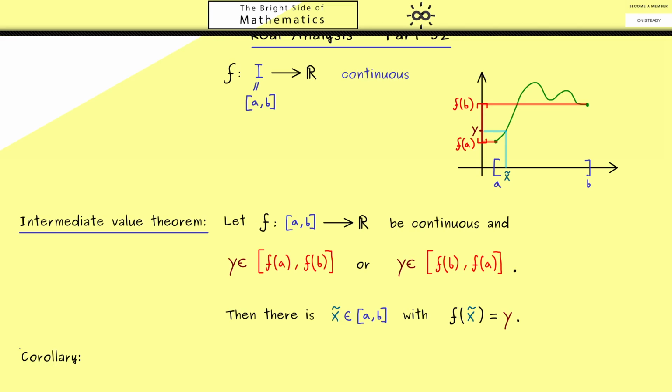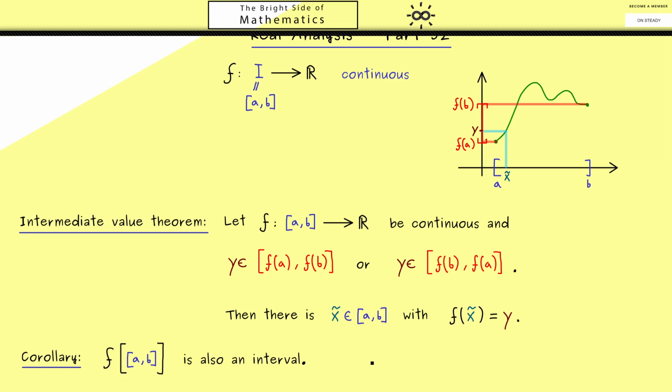But before we do that, I present you a corollary you really should remember. It tells us that the image of the interval [a, b], where we denote the image with the square brackets as well, is also an interval. More concretely, it's the interval that starts with the minimum of the function f and goes to the maximum of the function f. Therefore, you see it's the same claim as before, all the intermediate values are also hit.